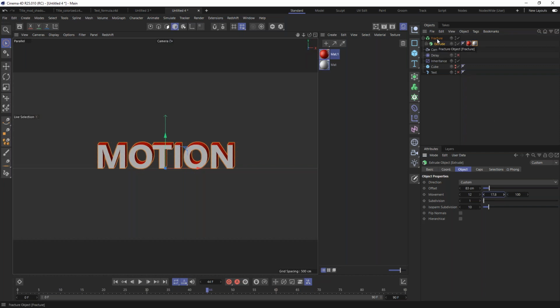And that works. The fracture object with the extrude works exactly the same as the text, except that you don't have the ability to animate only a word or sentence. That's the only difference. Okay, so very quickly, because time is running fast, how to create the sketch effect, and